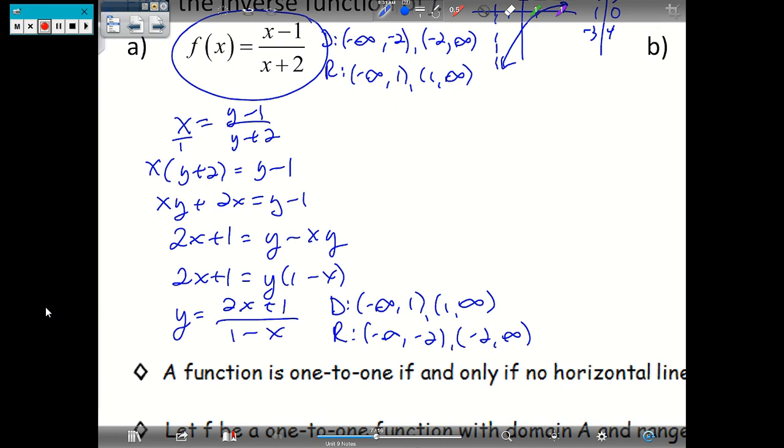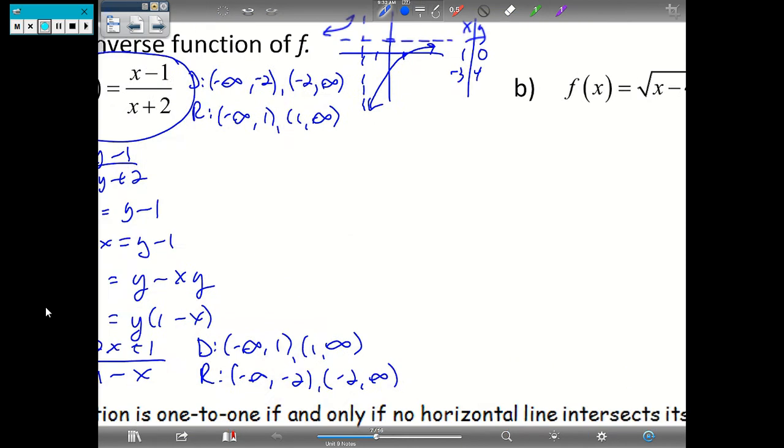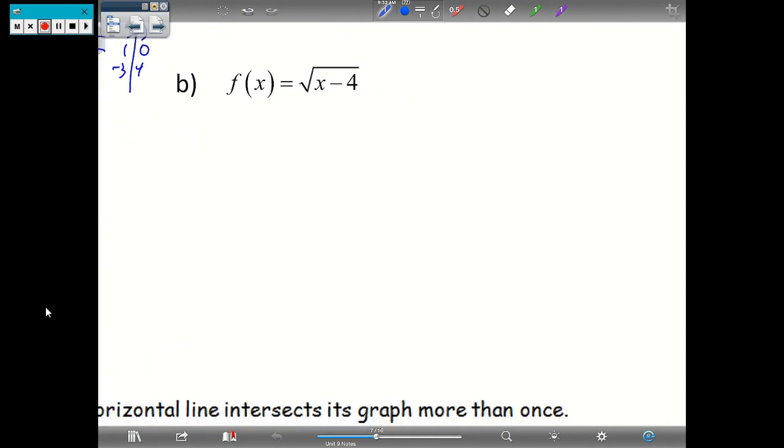So I wanted to do one that is a one-to-one function. We don't need to worry about restrictions. So sometimes I'll have you graph inverses. We're not going to be terribly worried about breaking through the horizontal asymptote. We're not going to get really complex functions here. They're going to be fairly straightforward. Okay. So on the next one, the first one we did was one-to-one. This one,